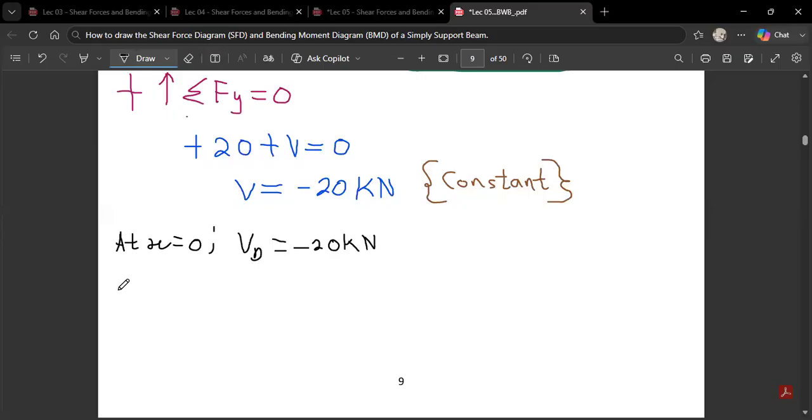Then we also come and do the same thing for C. At X is equal to 3 meters,